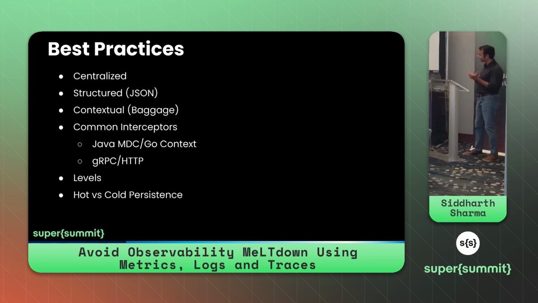Similarly, when it comes to Go, there are patterns wherein you can just write the library once and intercept that. So you can just add that into your logging context, and then you can inject that logging context into your different interceptors.